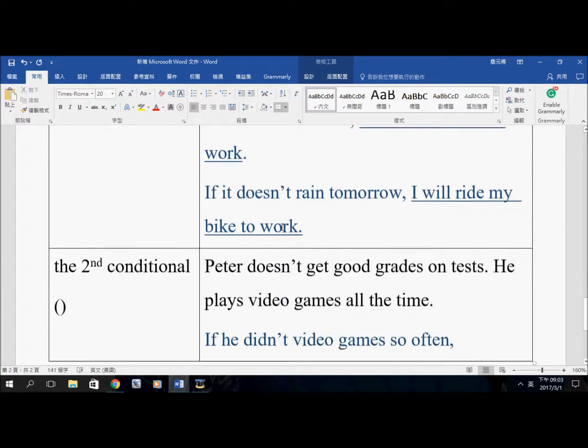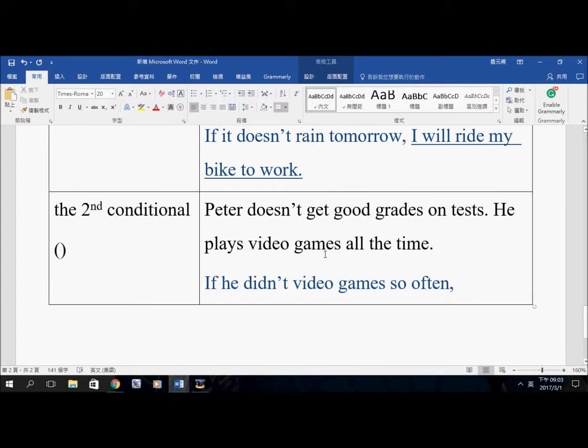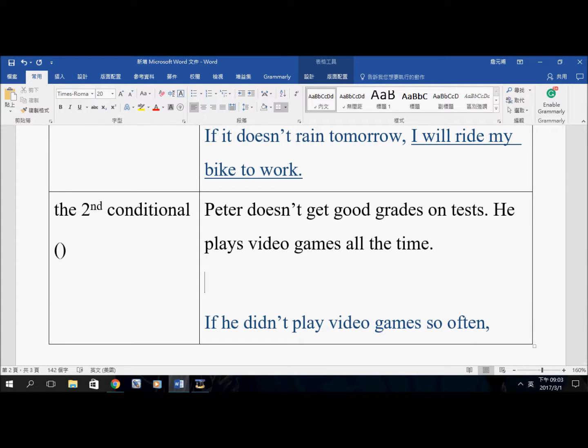As for the second conditional, Peter doesn't get good grades on tests. That's because he plays video games all the time. Now, this is the condition. If he didn't play video games so often, which is not true, because the truth is